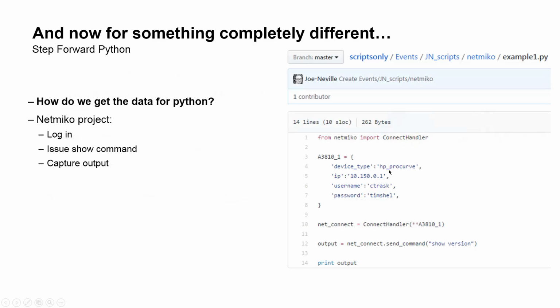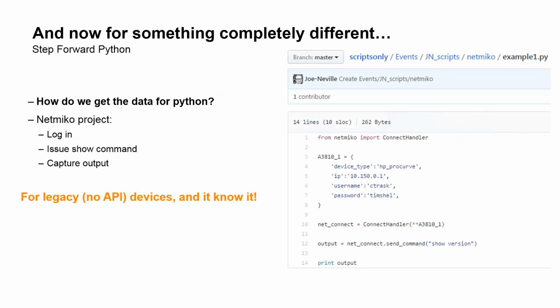I do have a dedicated video based upon Netmiko. I'll put the link on the screen now for that. Here's your IP address. There's my username and password. Shout out if you can reference the literature reference there. And there we go to connect, and I send a command. I'm just showing a show version, and I want to print that out. So really easy stuff. Now the intelligence of Netmiko is this part, the interaction between our laptop and the software that's running on the network devices, which is no small task. You know, this is really important stuff.